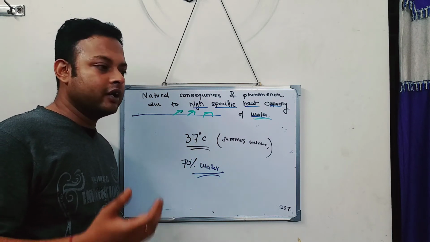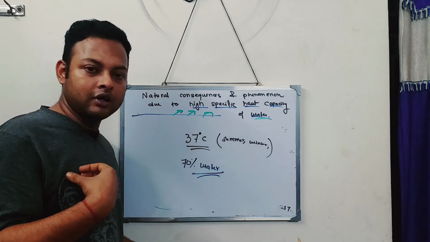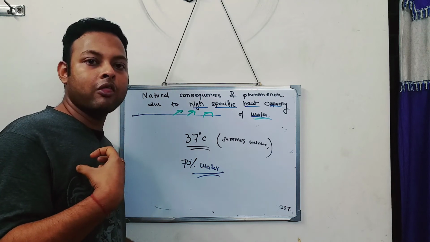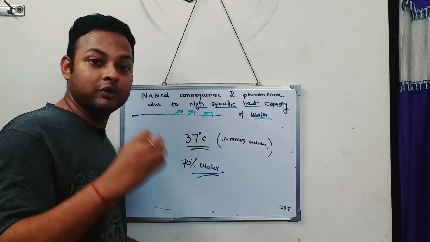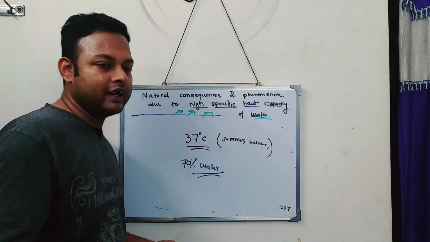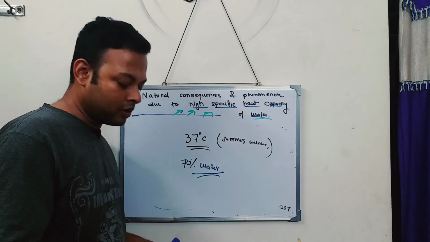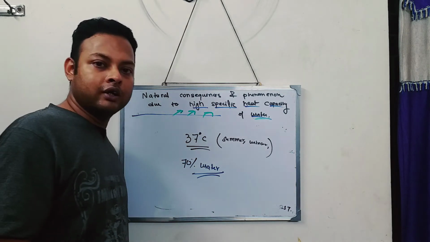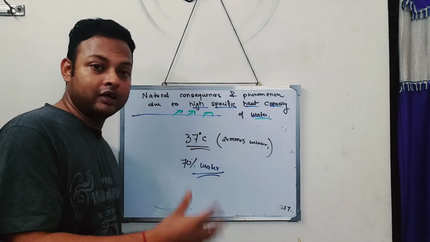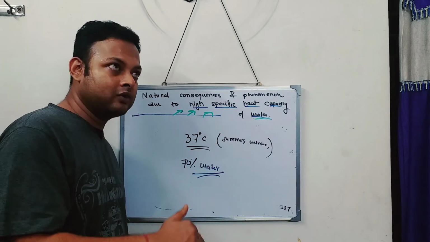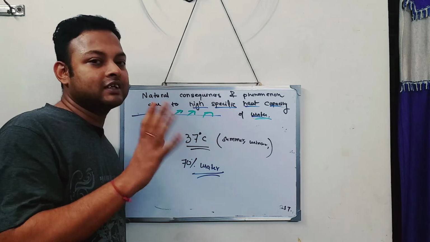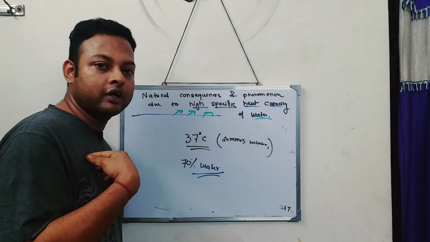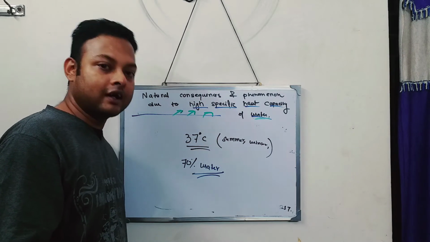Because think, in the summer seasons, the sun or the atmosphere will be giving heat to our body. And if it gives heat to our body, our temperature from 37 degrees centigrade should go to 40 or 41 degrees, because the sun is throwing heat to our body, and that is how the temperature will go up. But it doesn't happen. Actually, why? Because the 70% of water which is there in our body is absorbing that heat from the sun.